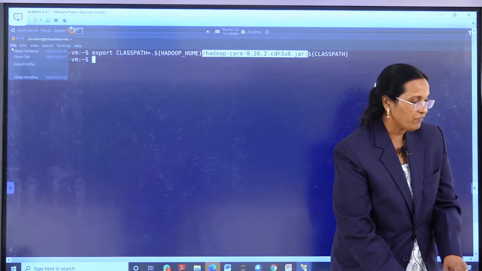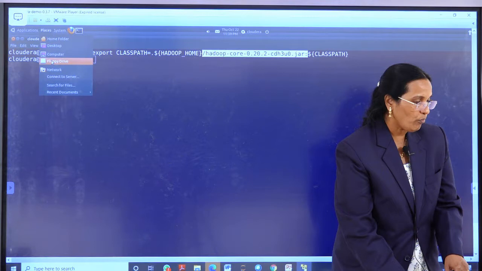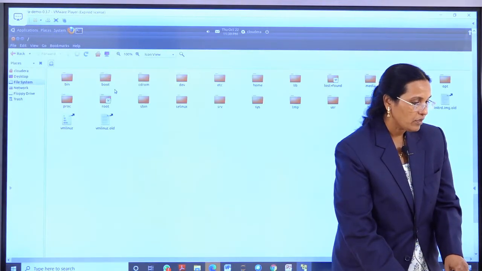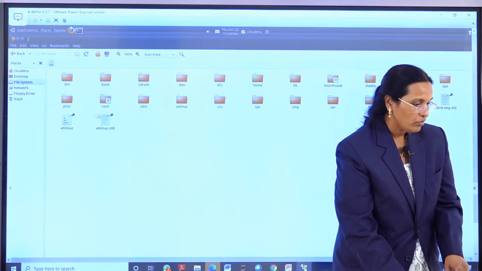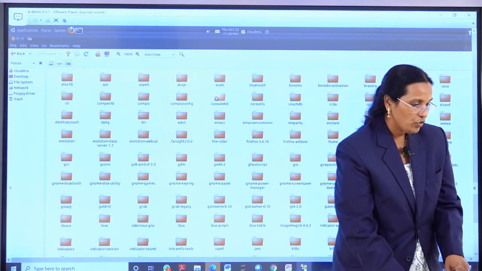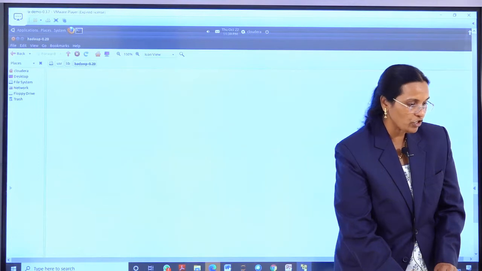You can go to Places, Computer, File System, then usr, lib, and in the lib you have the Hadoop folder, Hadoop 0.20.